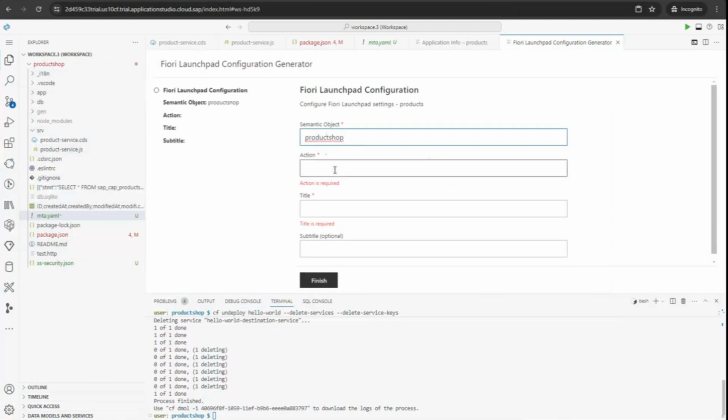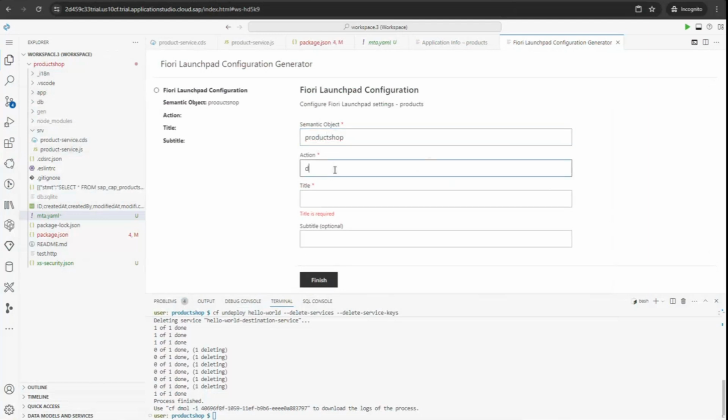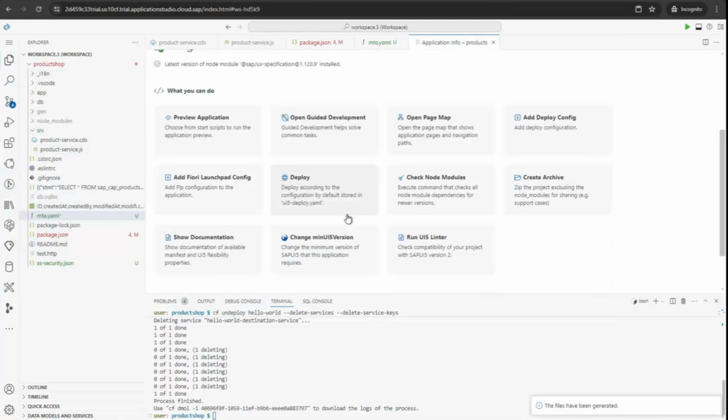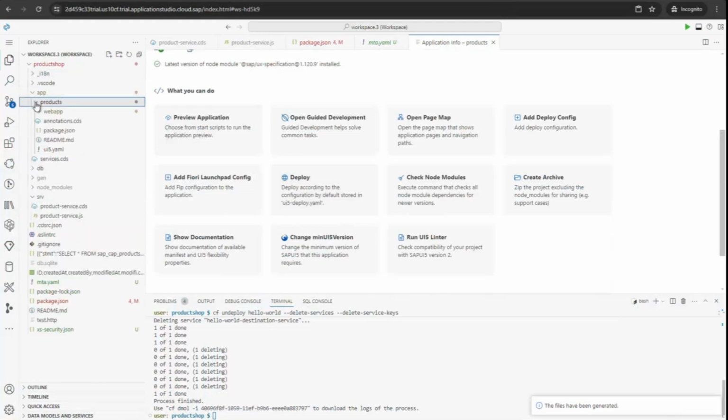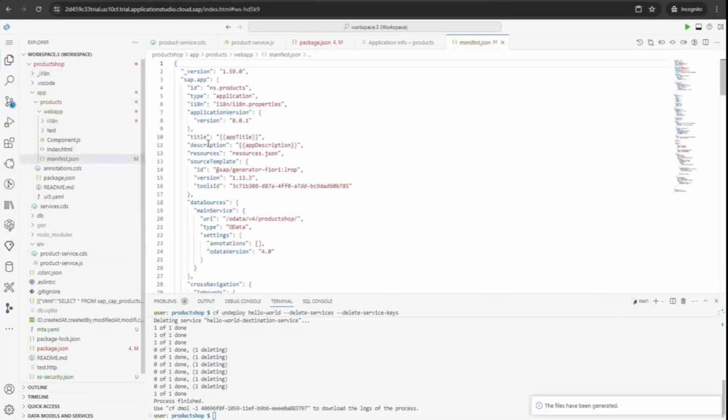Okay, actions, you can give something like you want a display action. And you can give the name of your application, so product shop you can give. Okay, and then you will click on finish. And what exactly will happen if you go to your app, products, webapp, and manifest.json, you will see